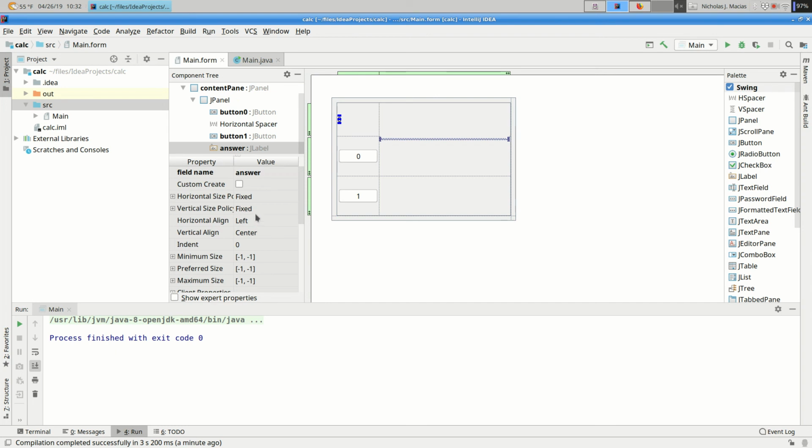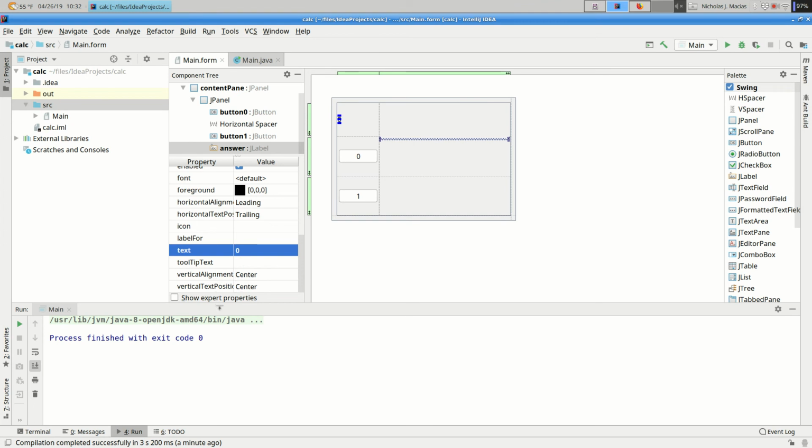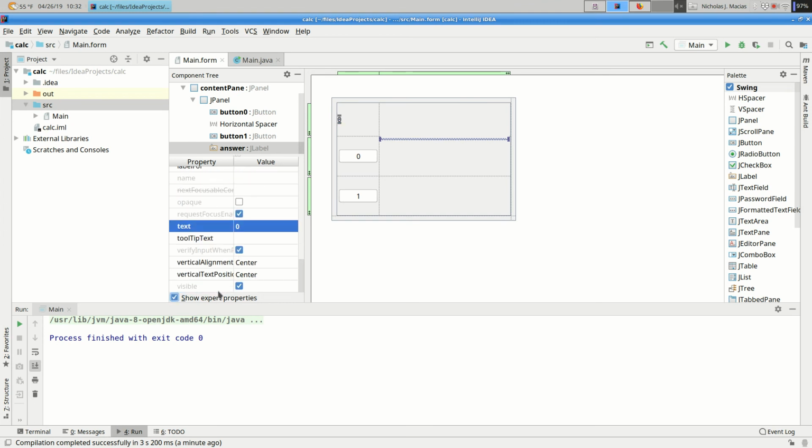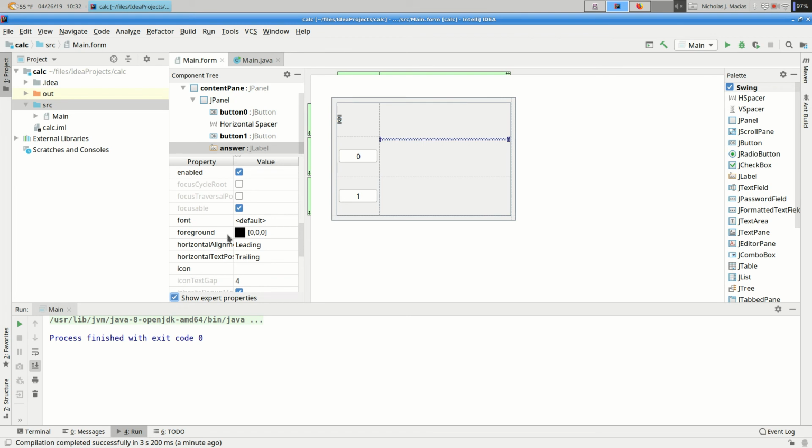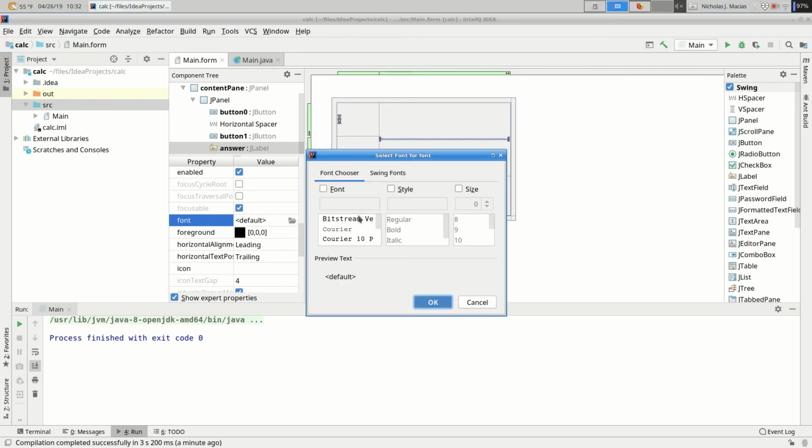I'm curious how hard it is to change the font. I might have opened a can of worms. There we go.